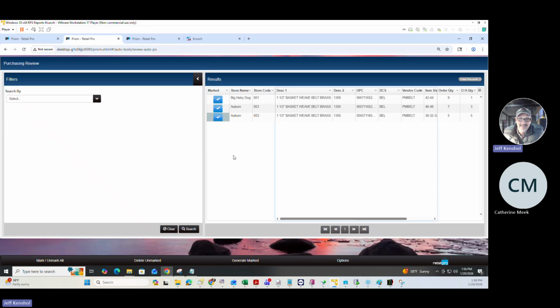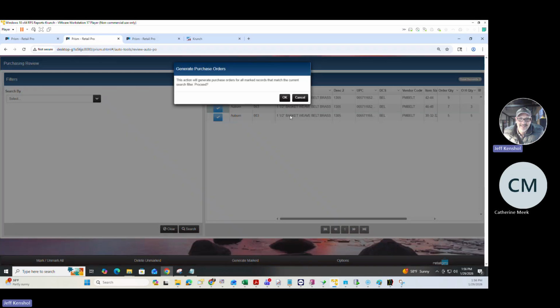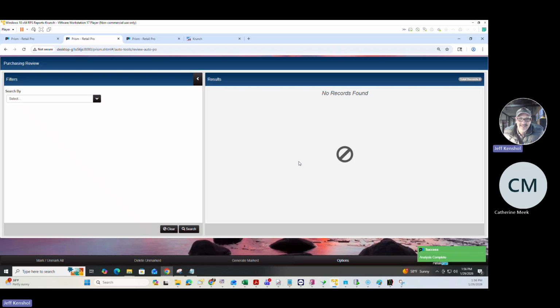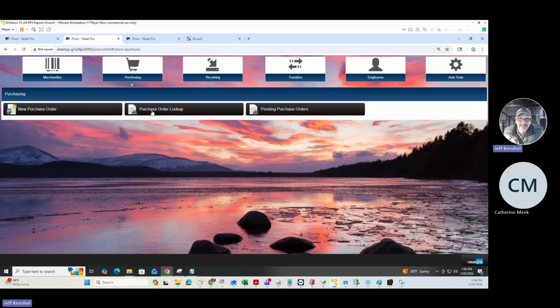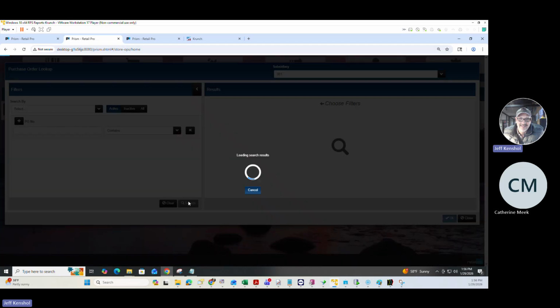So generally, with a few exceptions, I have a few clients who really like this process. And if you're ordering for 1 vendor at a time, it's not bad. I'm not gonna lie, it's pretty cool. But generally, if you're doing bigger orders or multiple vendors, you're just gonna want to say generate marked down here at the bottom, say okay, and it'll generate the orders and tell you it's complete. Pop out of there, go to purchasing, purchase order lookup,